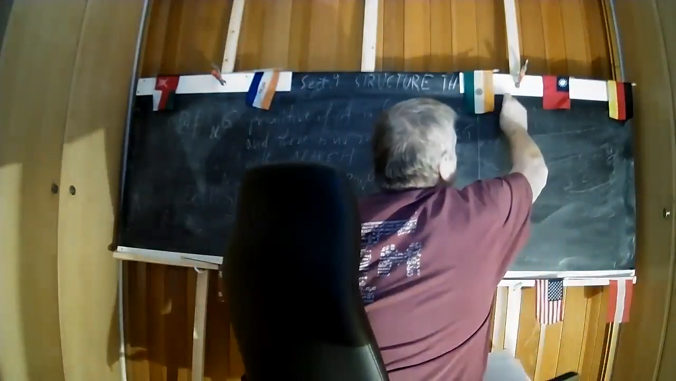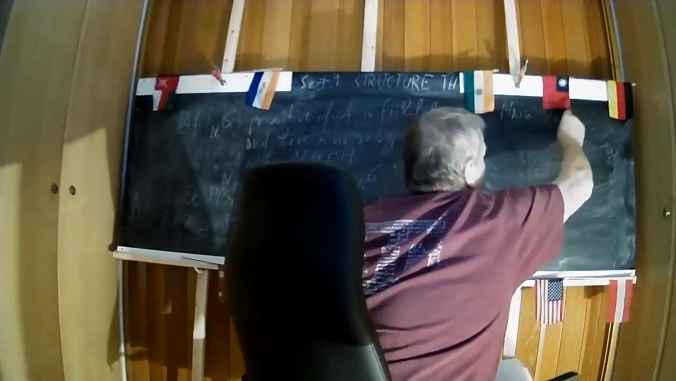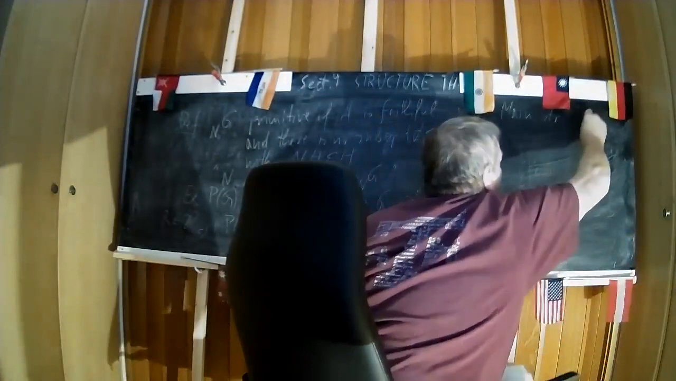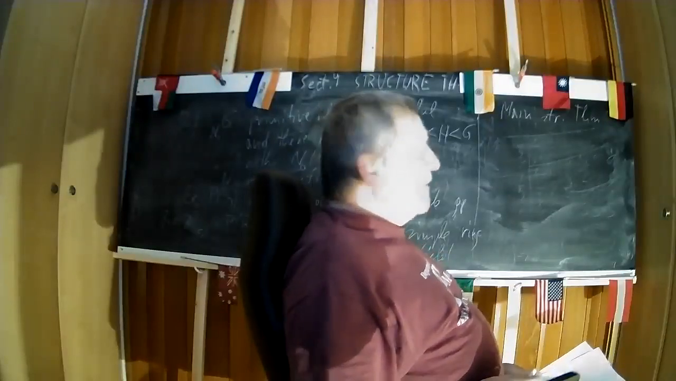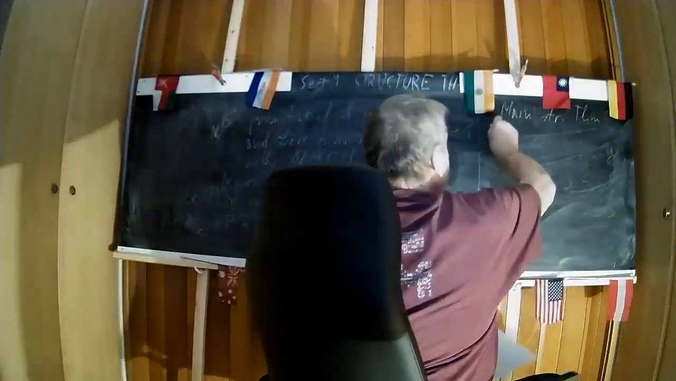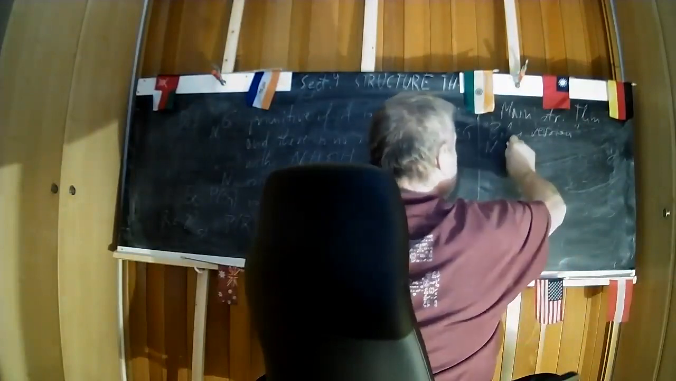So the main structure theorem would be the following. I'd like to give this in three versions. The first one is the easiest version, the baby version. Which says that if N is primitive